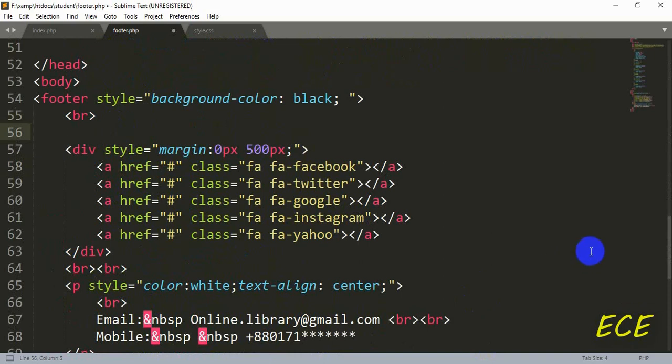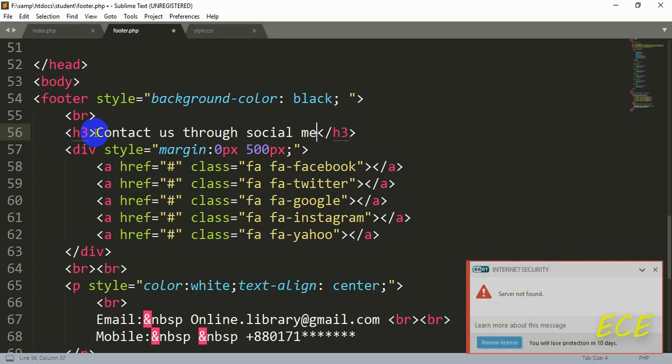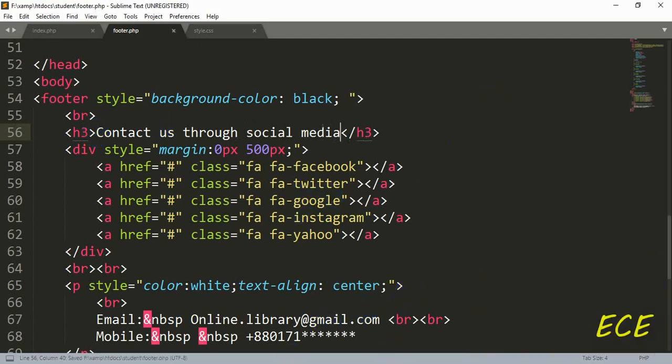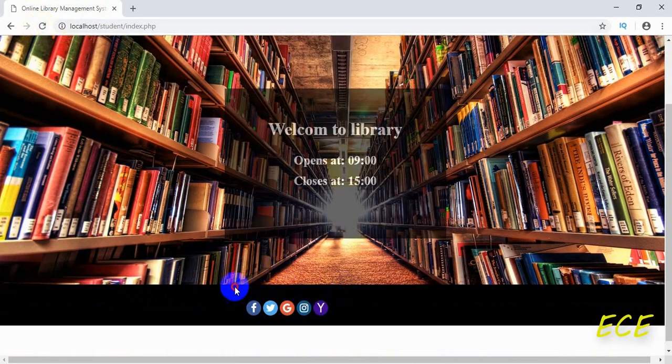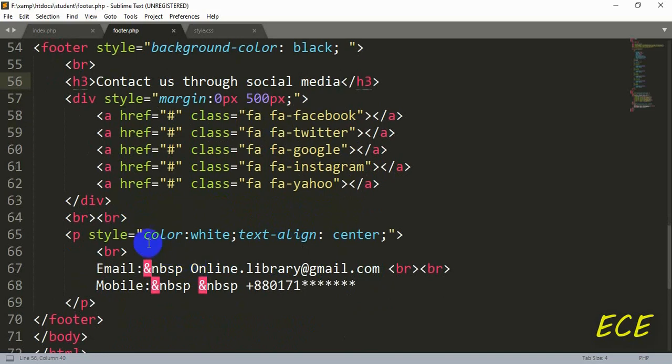Inside an h3 tag we will add a text here after the break. So here we will write the text inside this H3 tag. Contact us through social media. Okay, the text is actually black, so we cannot see it properly, so we just need to add styling,